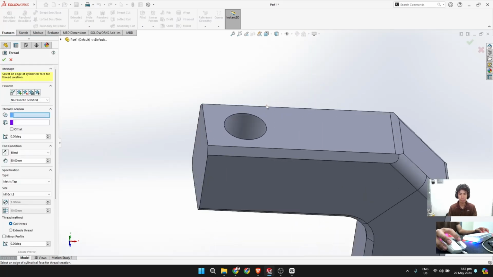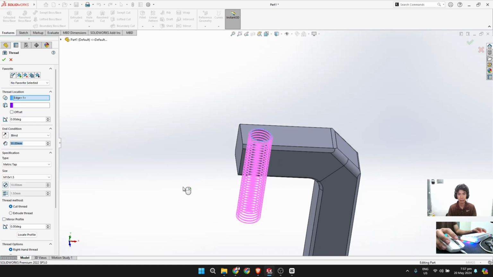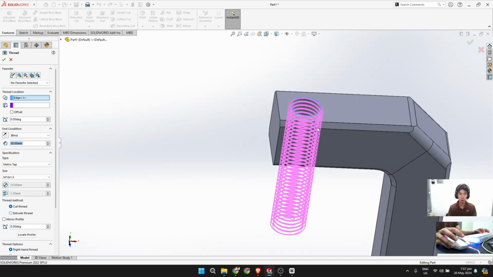Here, we will be clicking the edge of this line, edge of the circle. We will set it by 50 to make sure that it will thread the whole hole,